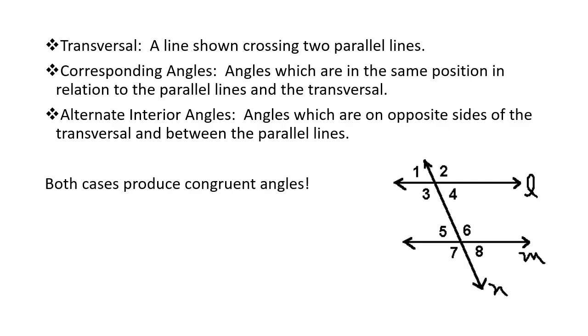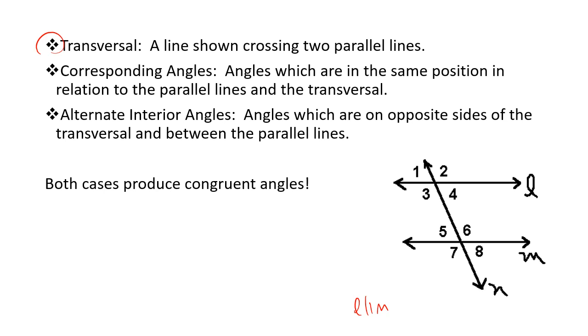A common type of problem in dealing with proofs in geometry deals with figures like this one over here to the right. This line L, M, and N is very similar to the figure I drew a moment ago, except you can see that L and N are not perpendicular, M and N are not perpendicular, but L and M are parallel. So this is really important that L and M are parallel to each other. When we have two parallel lines and a line cutting through them, whether perpendicular or not, the line that cuts through the two parallel lines is called a transversal. It's a line that's shown to be crossing two parallel lines.